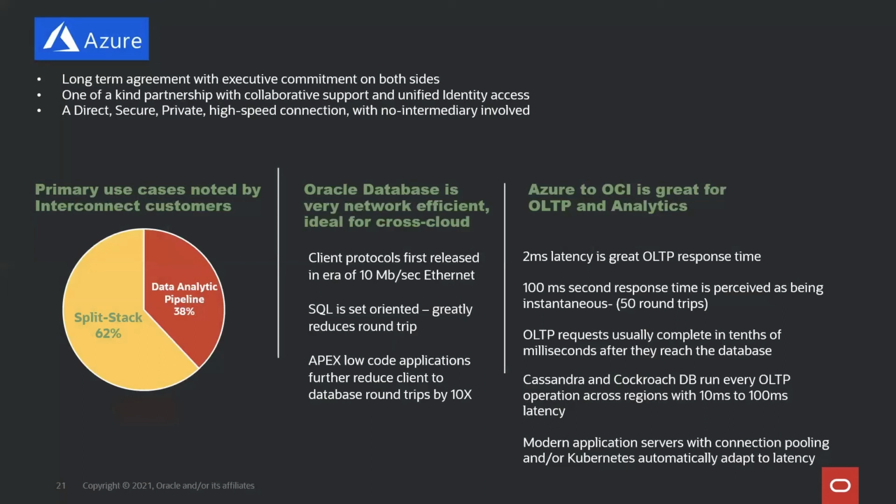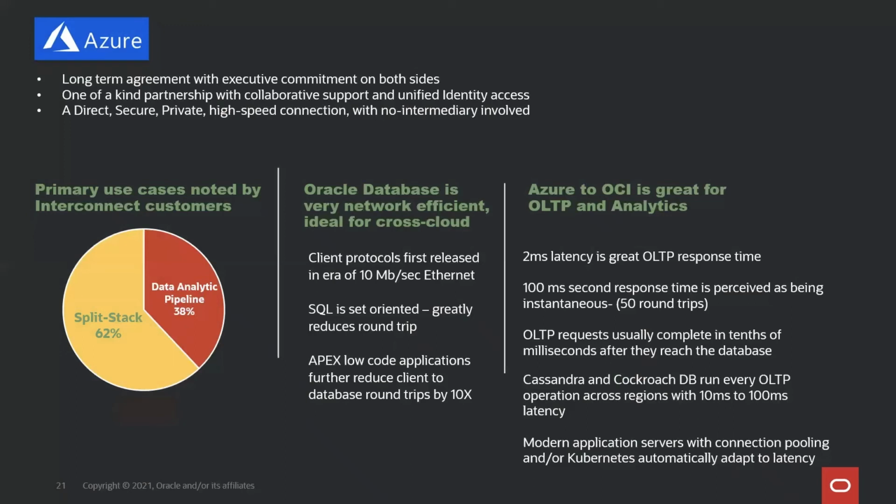A second primary use case that customers are reporting is this multi-cloud data analytic pipeline. So a full third of the respondents responded that, yes, this is why we're doing the interconnect. We are collecting data from various sources, like an ERP system or a front-end cloud-native app. We're collecting that data and sending it over this interconnect to do our analytic processing at night. And this interconnect is saving us a tremendous amount of time because we're going from cloud to cloud in a very low latency manner. So that's a primary use case that we want to focus on.